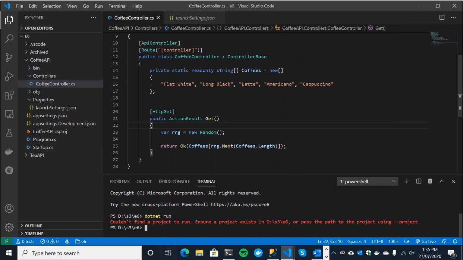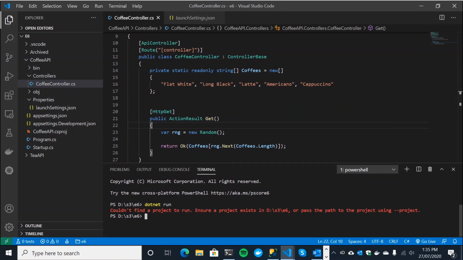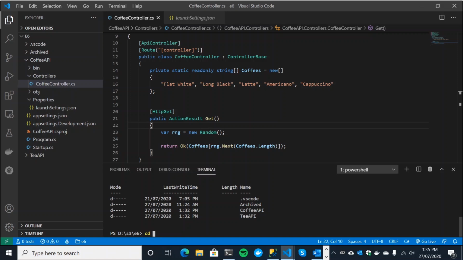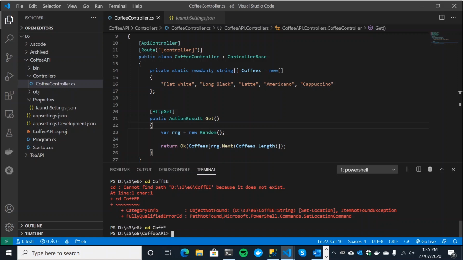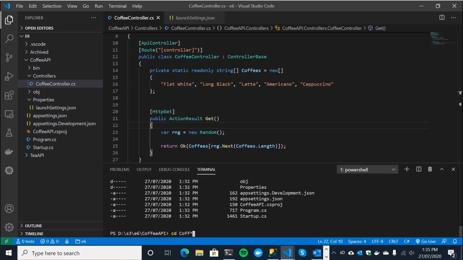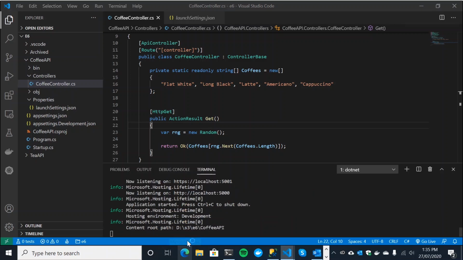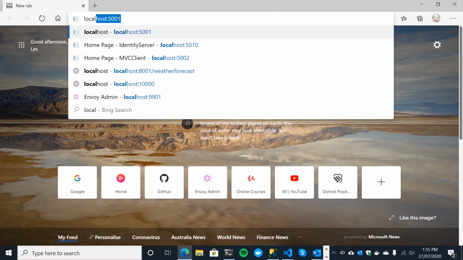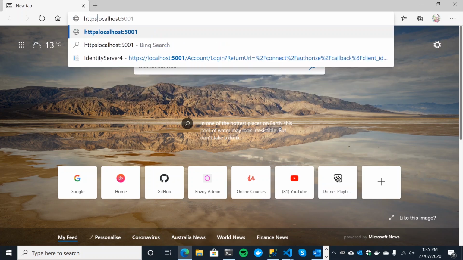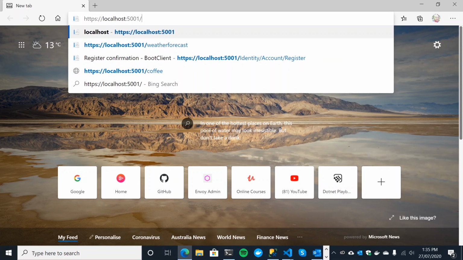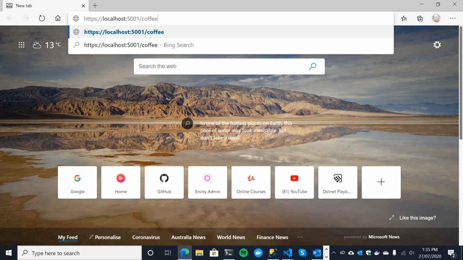It would help if we were in the right folder. We're just in our, I guess you'd call it, solution type folder. We do need to move into coffee. My goodness. There we go. All right, dotnet run again. There we go, and it should run up. Fantastic, it does. Let's open up Edge and go to localhost 5001. Make sure it's HTTPS. And then we just put in the name of our controller, which is coffee, and it will hit the default get. There you go, Americano,